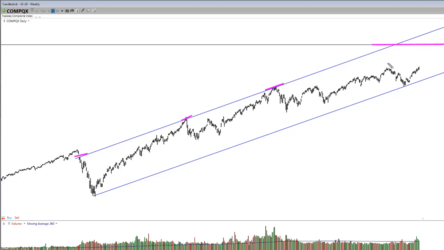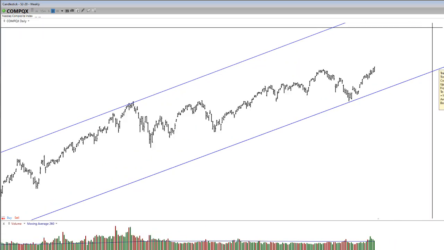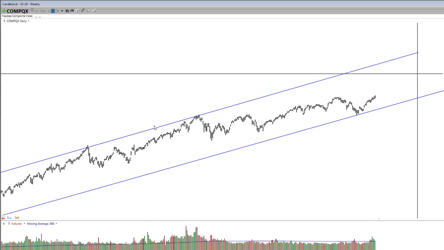I've always had a 17,000 target by the end of this year. But maybe, just maybe, by looking at this here, once again, there's actually the line through there. So if we look at that line and we bring that down, if we continue up, we may even go to the other side of this. If we continue this same trajectory, right, we could end up into the 18,000s. Again, I've always had a 17,000 sort of print on the Nasdaq by the end of this year, but maybe we're going to hit that and a lot more. But I do see this thing probably rallying towards the other side of this channel through here.